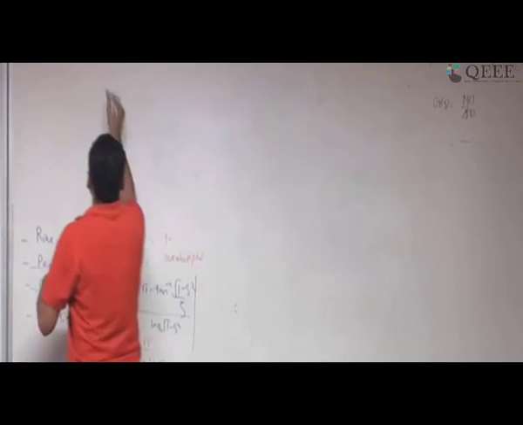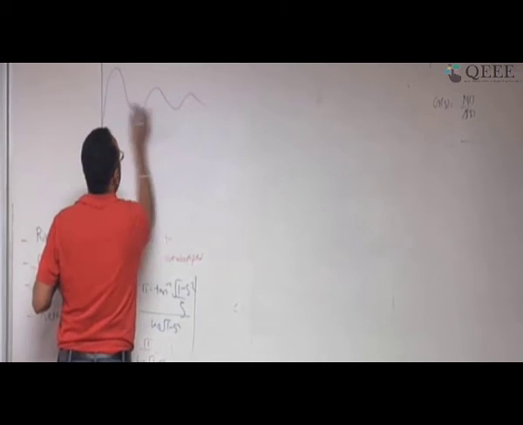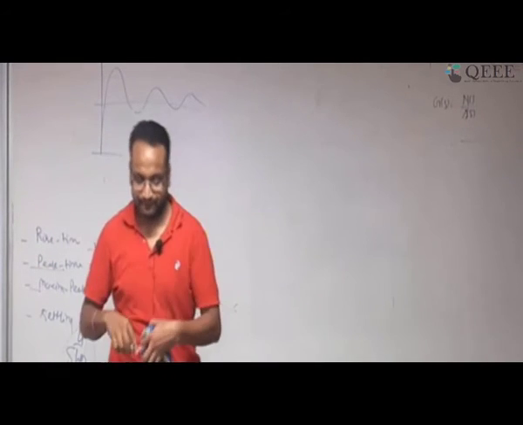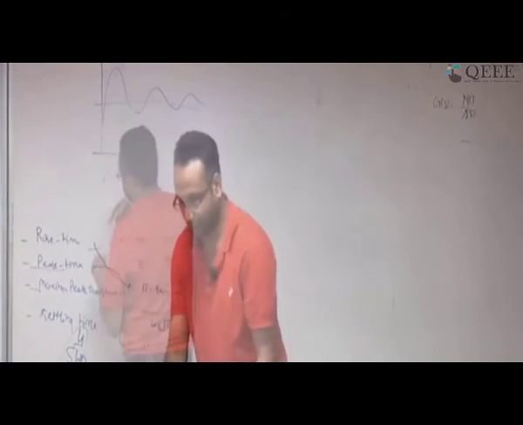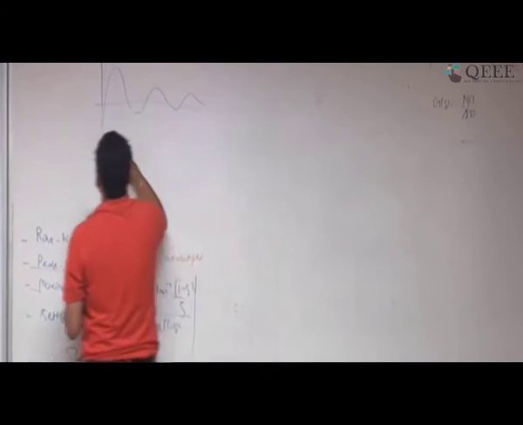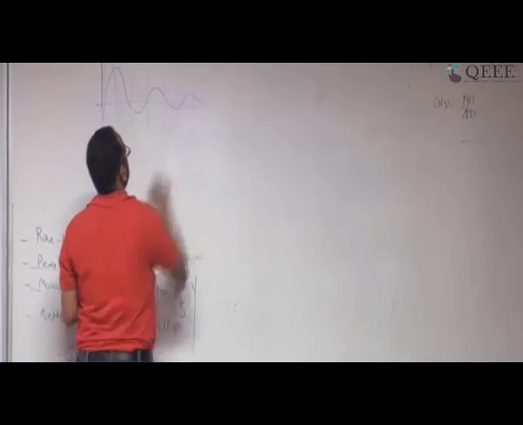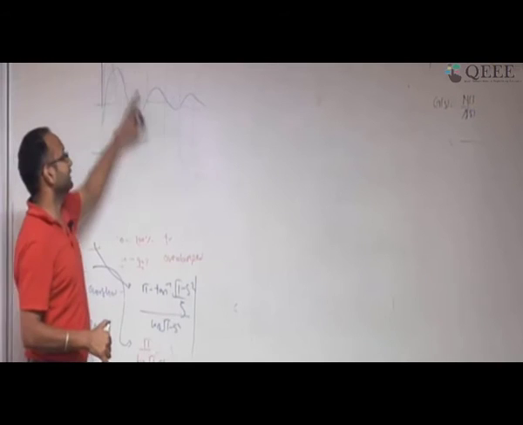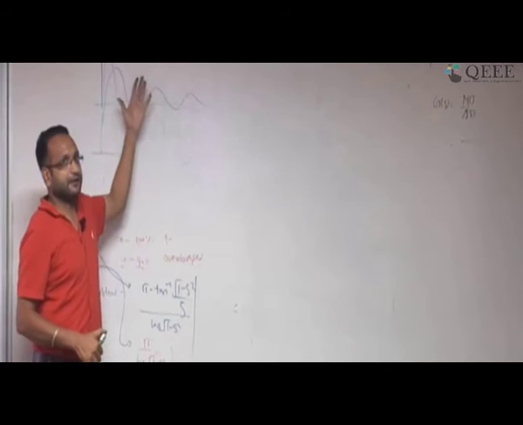Let me explain this too. This is a typical behavior of a second order system. If you keep decreasing zeta, you will get an oscillatory behavior, correct? If I use a very small value, this is going to be oscillatory behavior. So my rise time is very small, but due to the oscillatory behavior, it will not reach a steady state value. It will not reach a steady settling time. That's why it is not desirable.